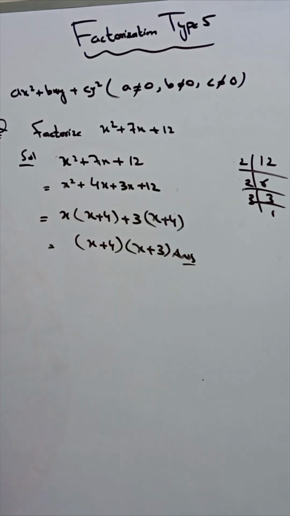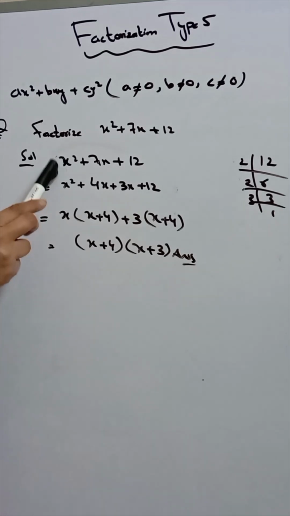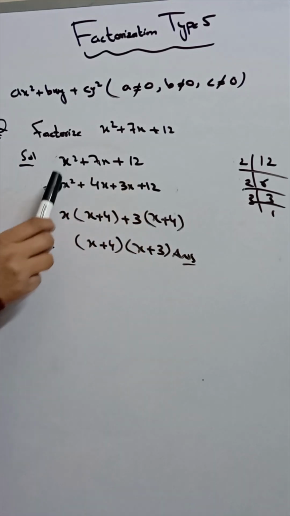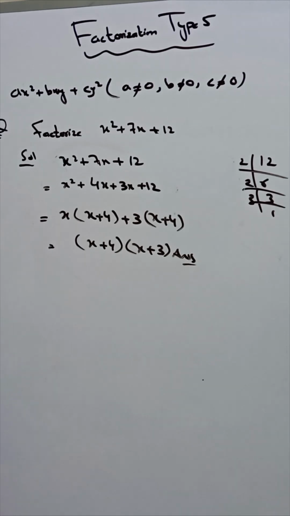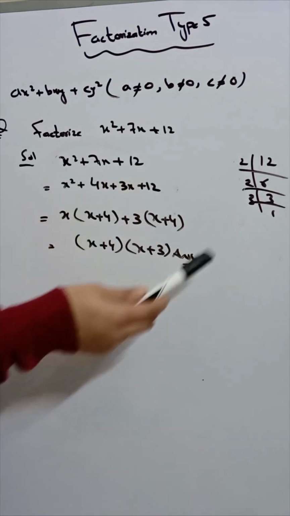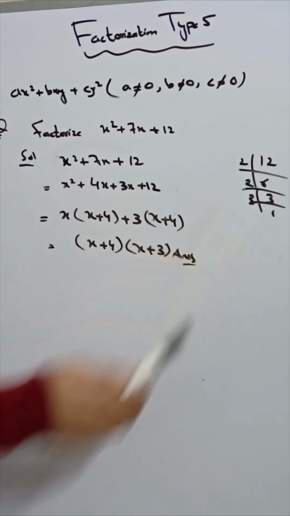Solution. Point to be noted. What you do in this question, you have to multiply the last term with the first term coefficient. Right now there is no coefficient written. It means it is 1. When it is written 2, 3, 4, you have to multiply the last number with the coefficient of the first term. 12 ones are 12. Now we have to make factorization of it. 2 sixes are 12, 2 threes are 6, 3 ones are 3.